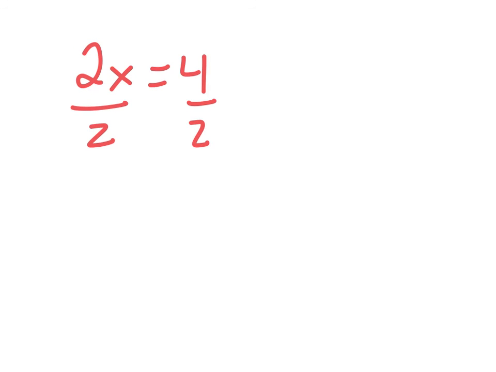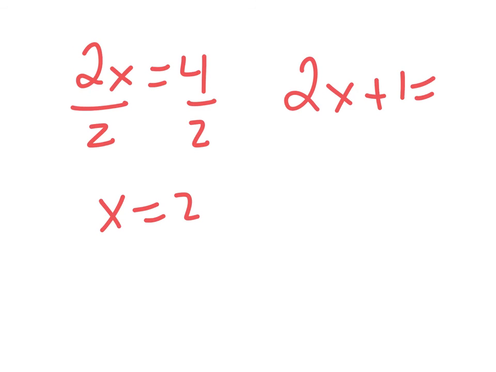Inverse function. So we were talking about what would undo something. If I'm looking at an inverse function, you would have something like this. The 2 and the x are being multiplied. The inverse of multiplication is division, and so we would divide by 2 to get x equals 2. If we had this, we would need to undo addition. So the inverse of addition would be subtraction. So inverses are addition and subtraction, multiplication and division, and you'll learn later in this unit other inverses like squared and square root, cubed and cube root, and things